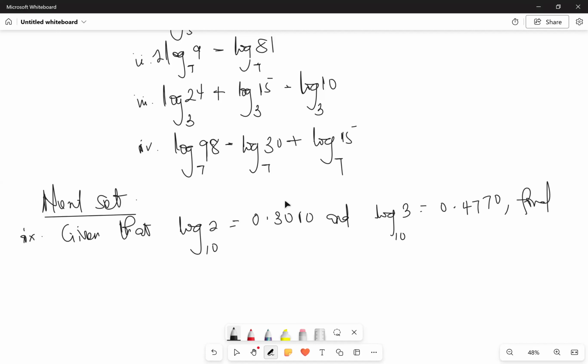Find, without using tables, the value of